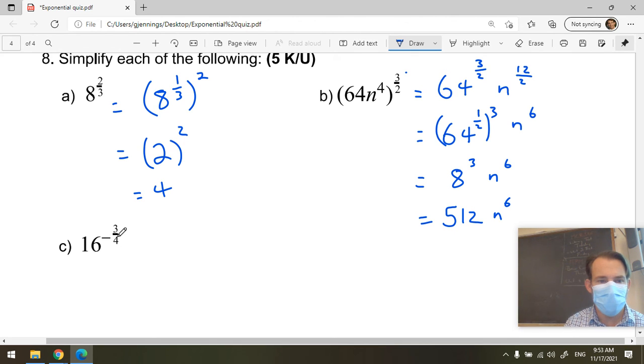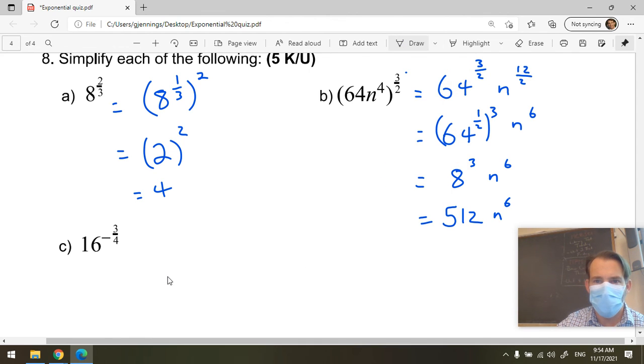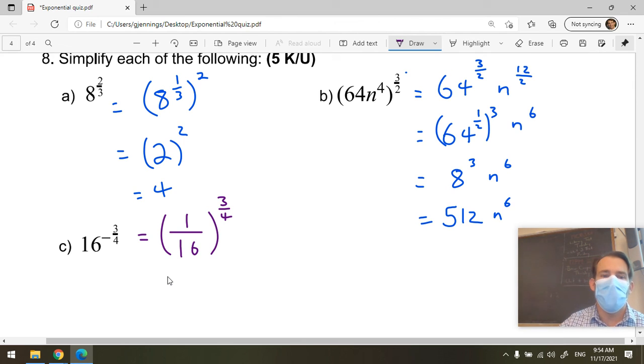Okay, and then 16 to the negative 3 over 4. All right, I'll start that one. I'll do it in a different color so it stands out a little bit better from the work that's up there. This is equal to, well, I don't like negative exponents, so let's put that on the bottom. 1 over 16 raised to the power 3 over 4, which is equal to 1 over 16 to the 1/4